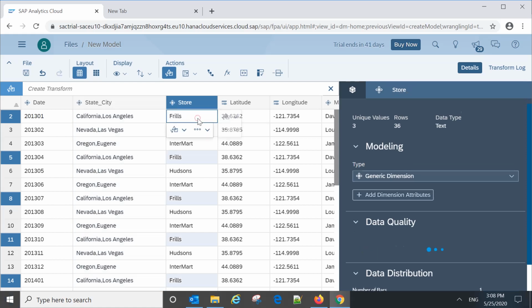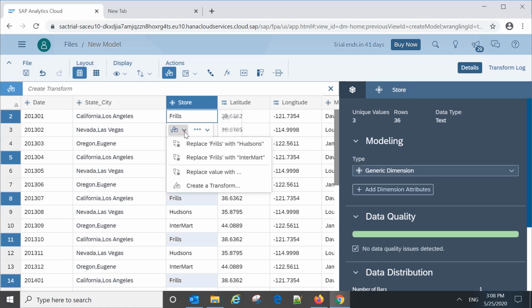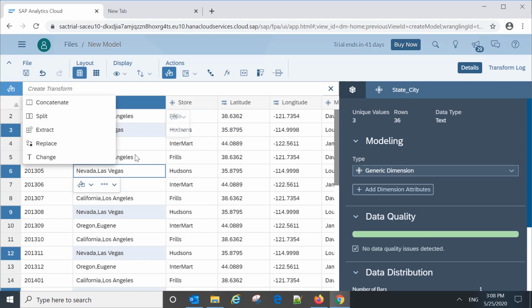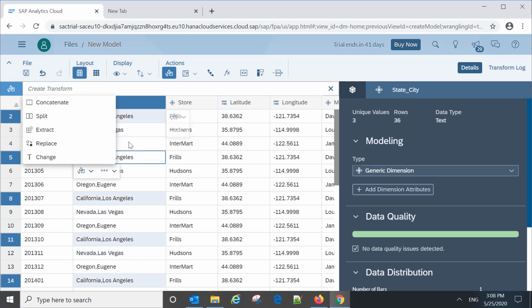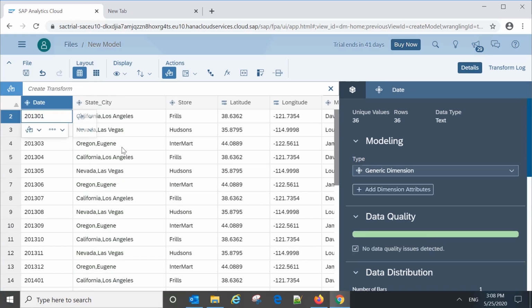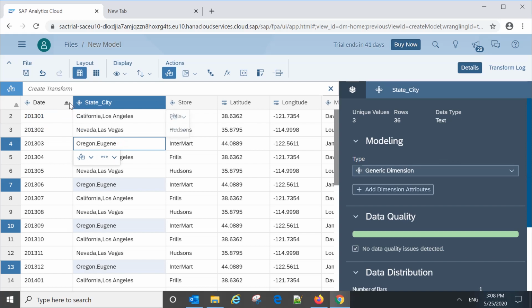Then we can see some other transforms as well, where we can see split. Suppose we want to split something, say we have some call data which is coming in a concatenated way in the data. Then we can split this column with the help of some characters.